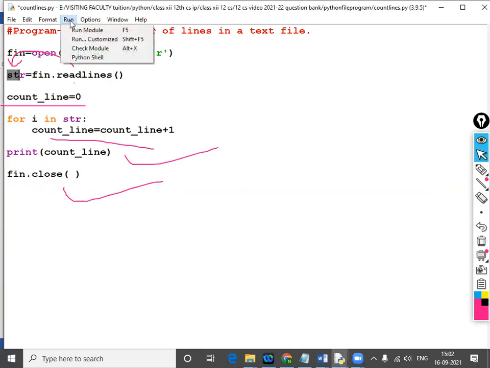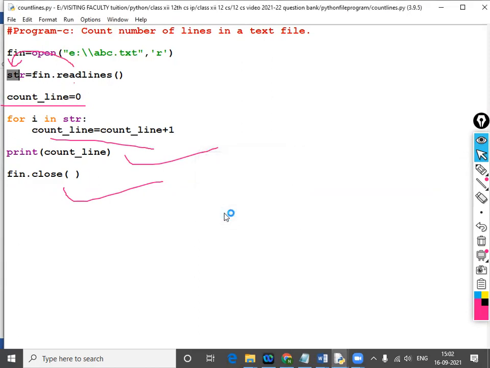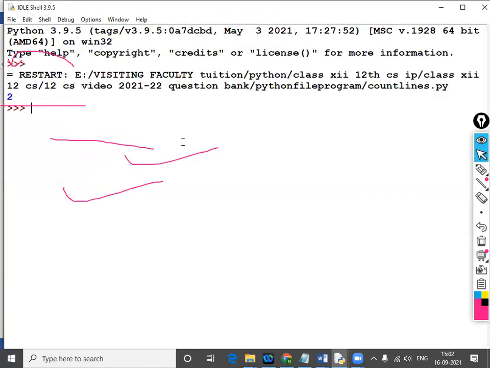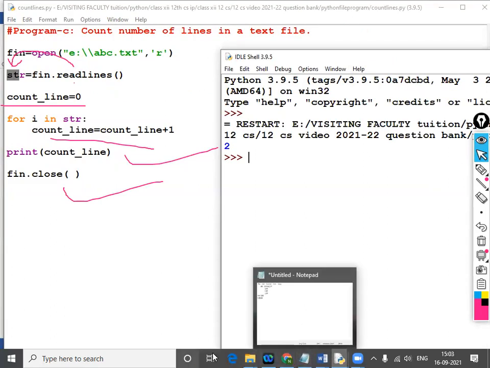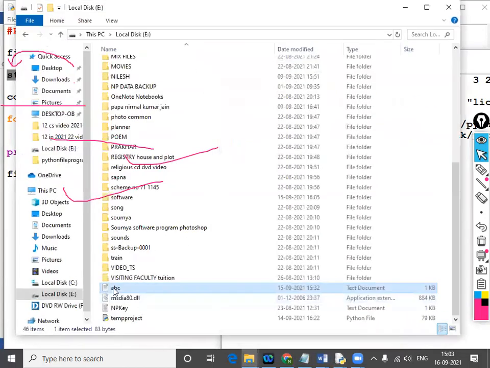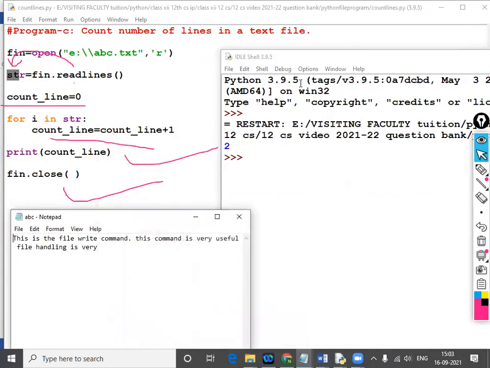So now see it again. I'll open that file. Two lines, 1 and 2. First line and second line. Now this is the most important thing.